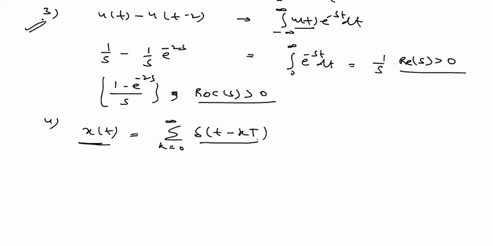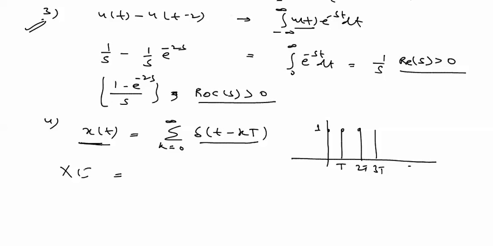A discrete, periodic sequence from 0 to infinite. If someone draws this at the 0 location, at the t location, at 2t location, 3t location, and so on, the value of this is 1. An impulse train starting from 0. I want to calculate the Laplace of it. 1, put 0 del t